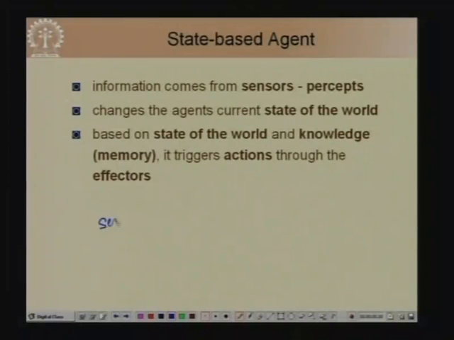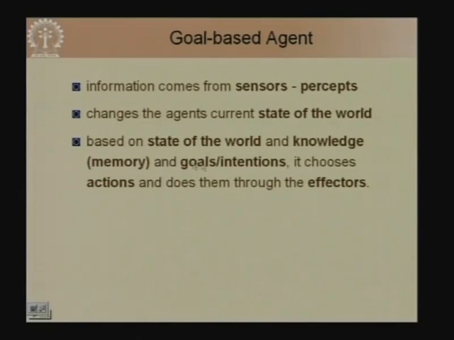In the second type of agent, the more knowledge rich agents, we come to state based agent. In state based agents, information comes from sensors, and it changes internally the agent's current view of the world. Based on the state of the world and the knowledge the agent has, it triggers action through the effectors. And in order to do this, the agent does some deliberation. So, based on the state of the world and knowledge, the agent chooses the actions and carries out the action